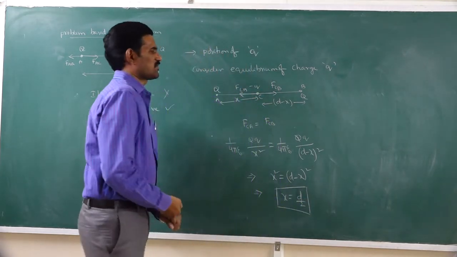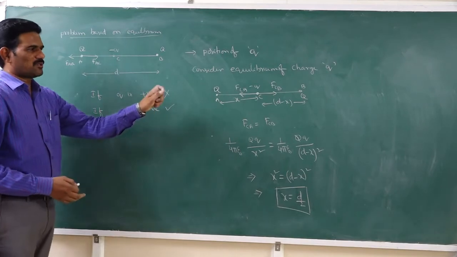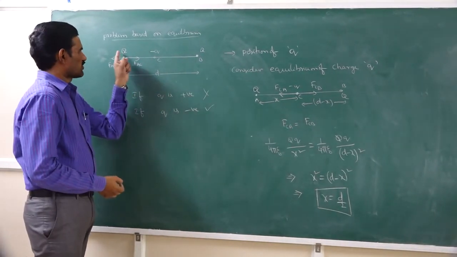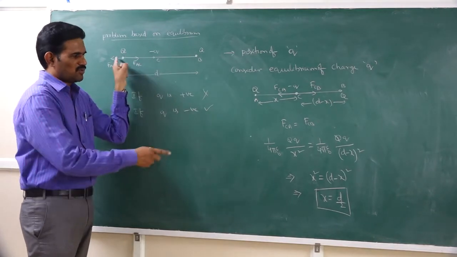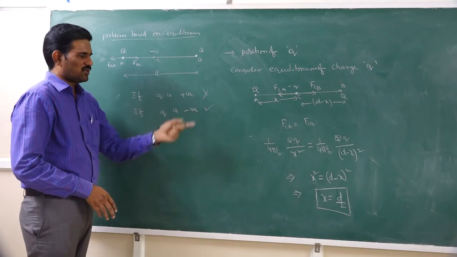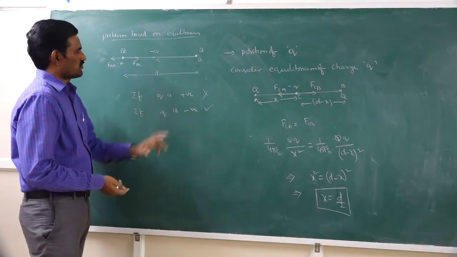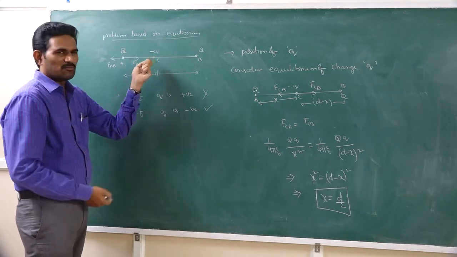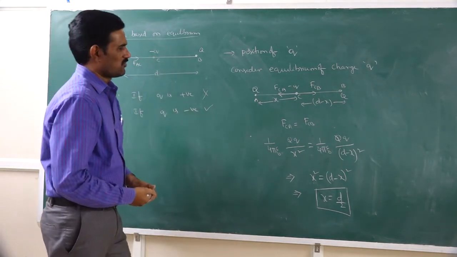So that is the distance, that means the third charge will be placed at the midpoint of these two. In this given situation, when these two charges are same, this is not for all cases. For every case you need to find the distance like this. So when these two charges are identical, then the third charge must be placed at the midpoint so that the entire system is in equilibrium.